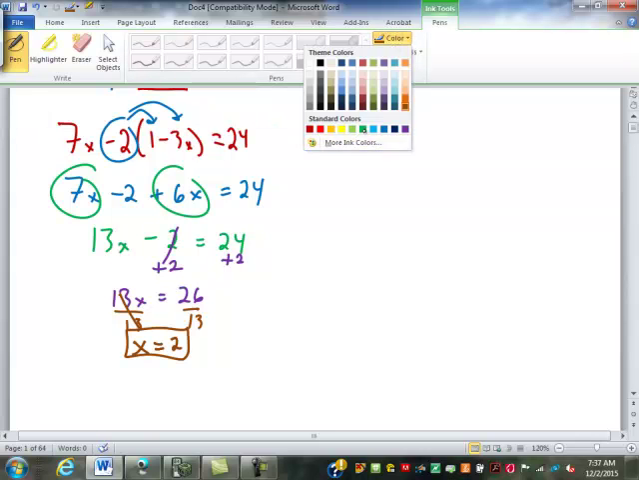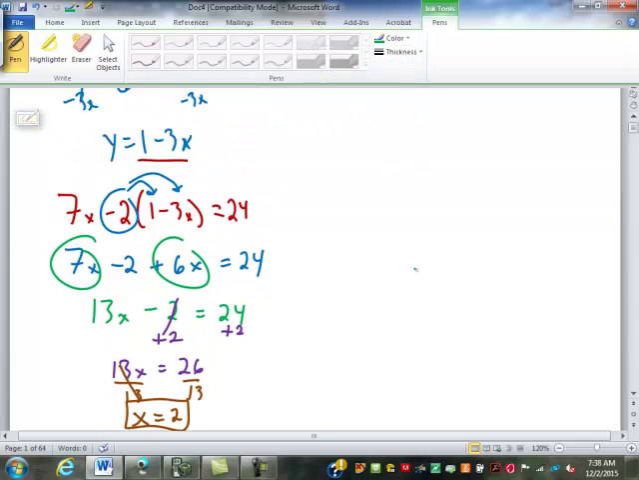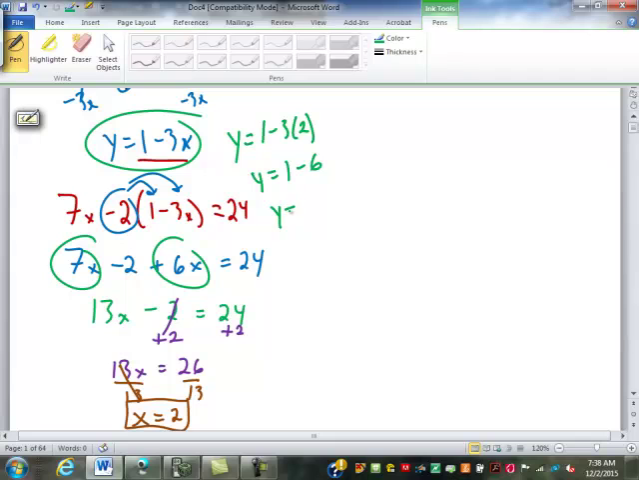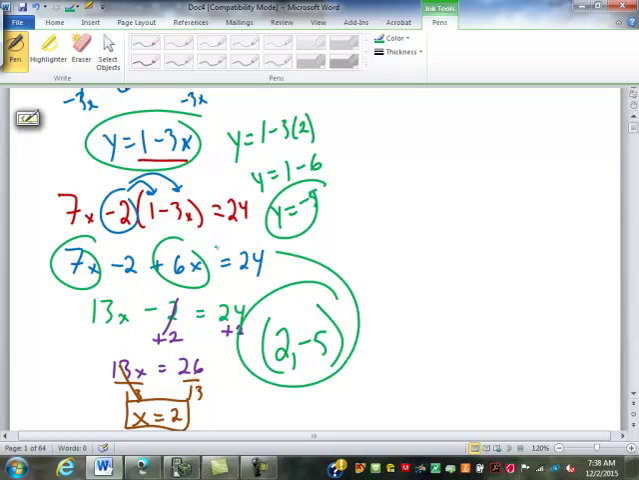Now, of course, we're not done. We still need to find y. But y equals 1 minus 3x. So y equals 1 minus 3 times 2. Y equals 1 minus 6. Y equals negative 5. Any of you get that done and have 2, negative 5 as your answer? Good. For the next one,